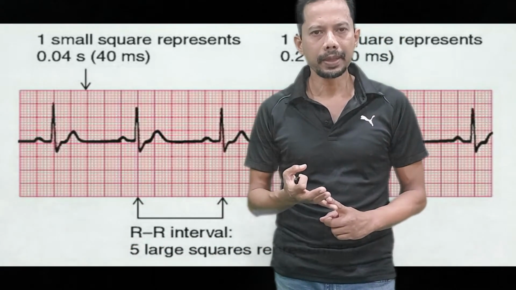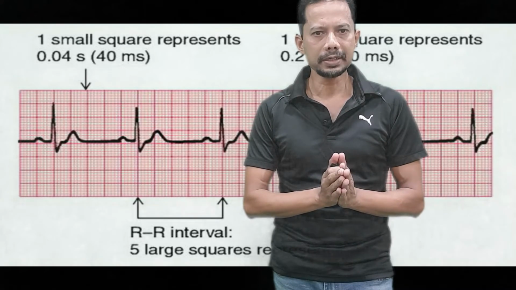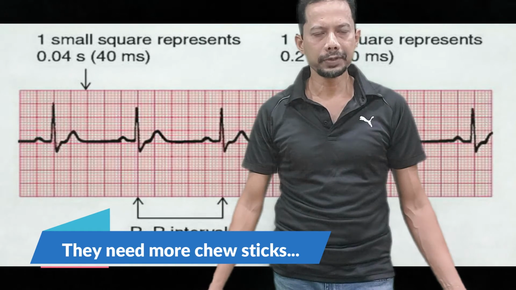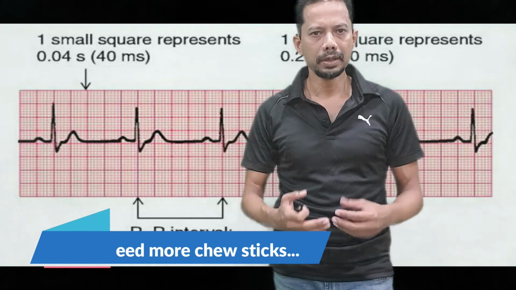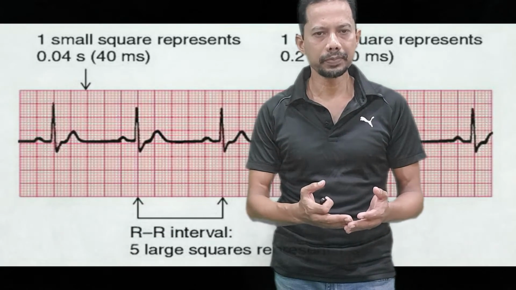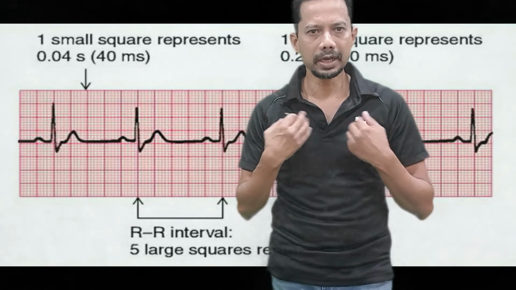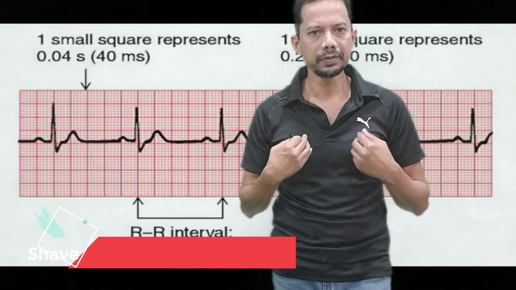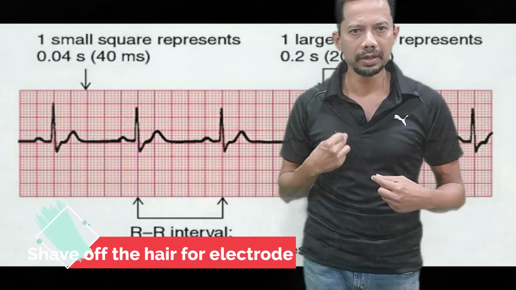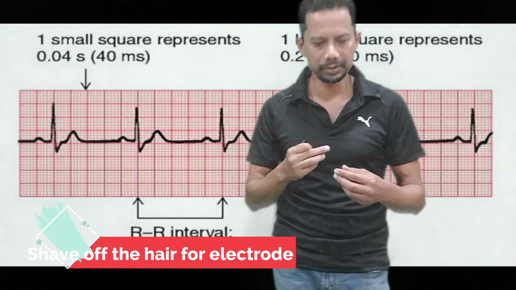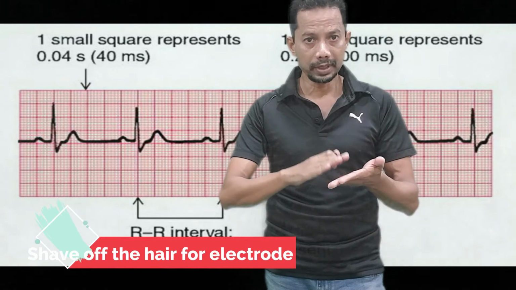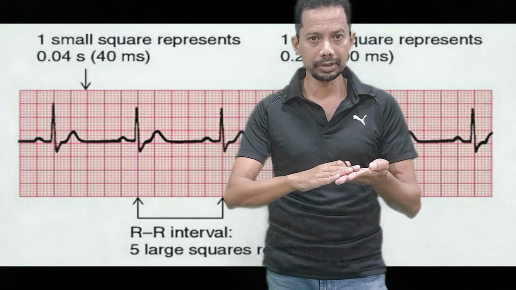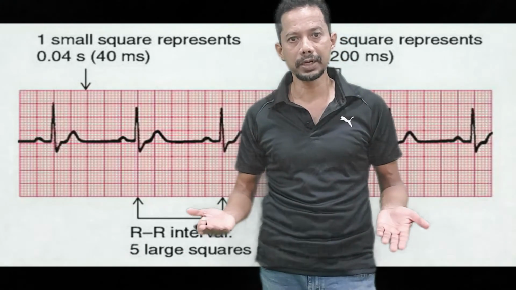Third point, once the patient is relaxed and lying down comfortably, then you take his permission, and if he has a hairy chest, especially in some males, you will have to shave off those small areas of hair where you have to place the electrode, because the connection of the electrode to the skin has to be very good. Otherwise you will not get a good tracing. You might not get a tracing at all from that lead.